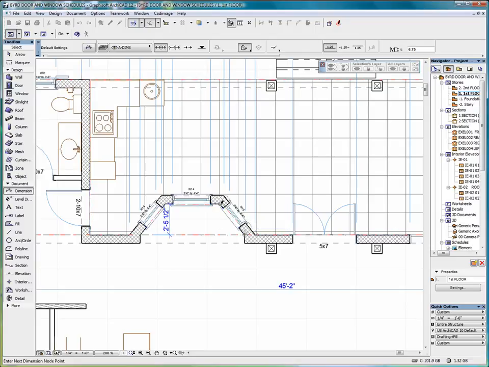I'll demonstrate that by placing reference points here, double clicking, and again now you can see we have a greater variety of points that we can use